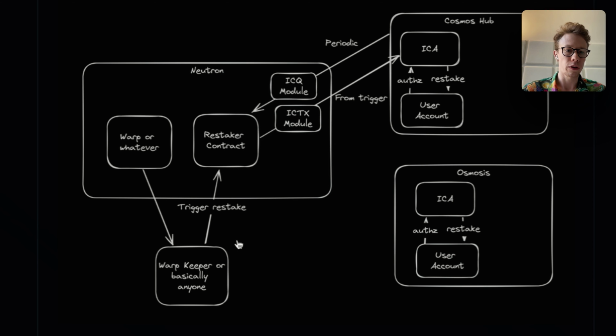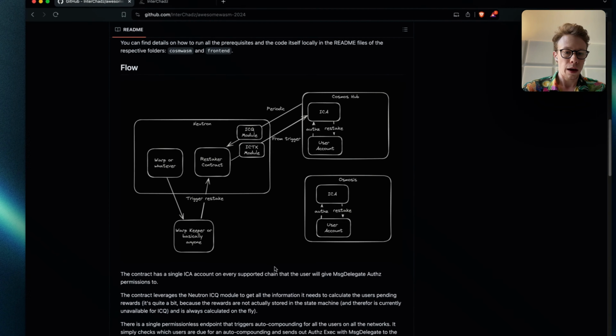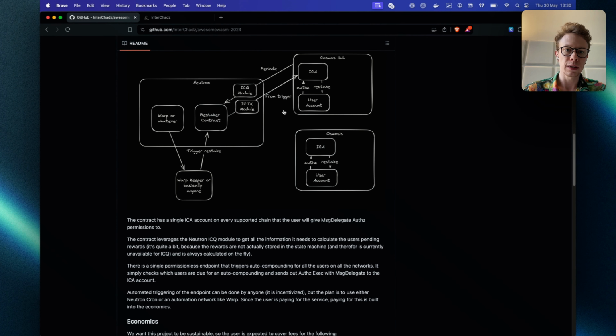Or there are things like the Neutron cron module that can do this, or the warp protocol that can also do this. So the user basically pays when they set up their accounts. They pay some small fees to cover that and relaying and so on. So it's built to be sustainable economically because we want this to actually work at scale. So that's what we built.